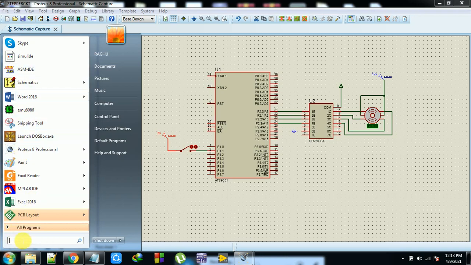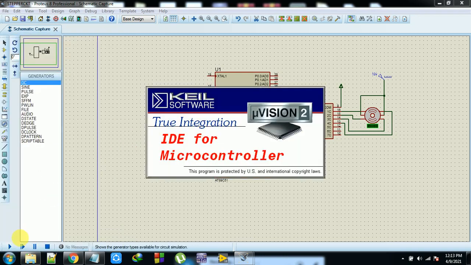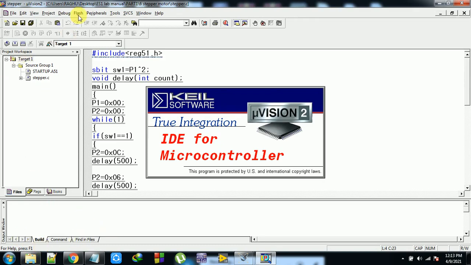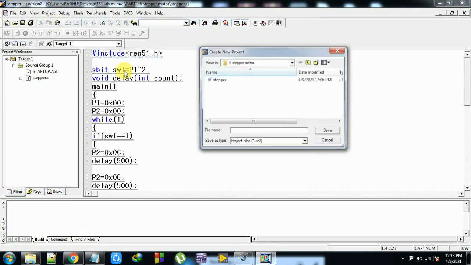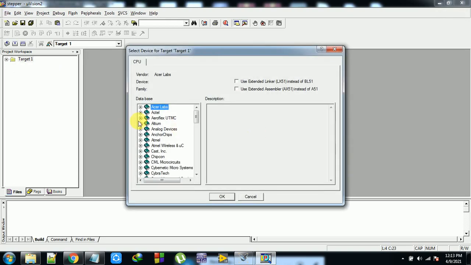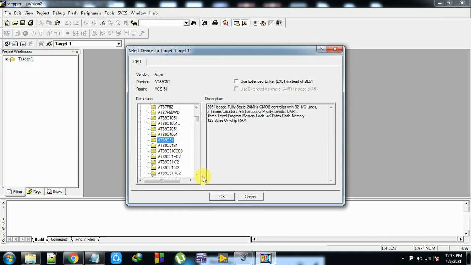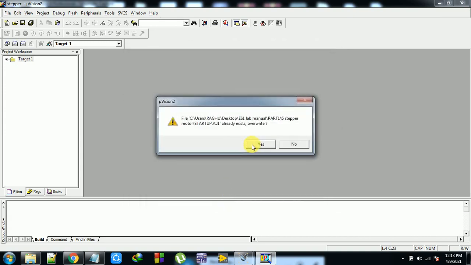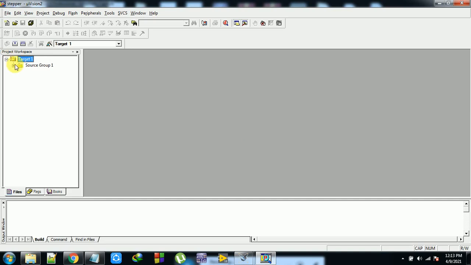Go to Keil. Go to project, new project, maybe stepper, the project name, Atmel AT89C51. Okay.